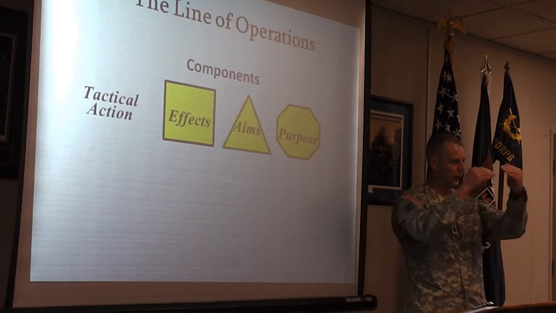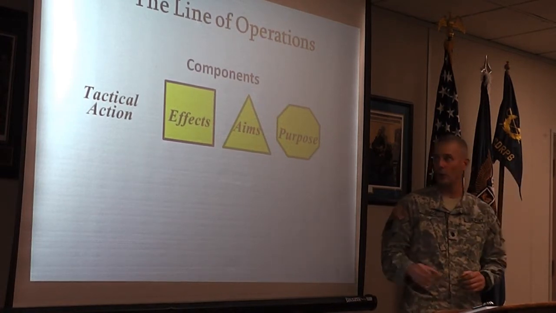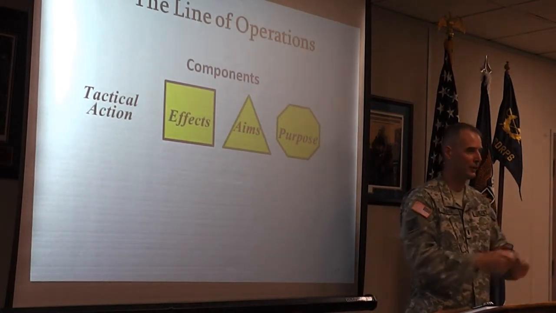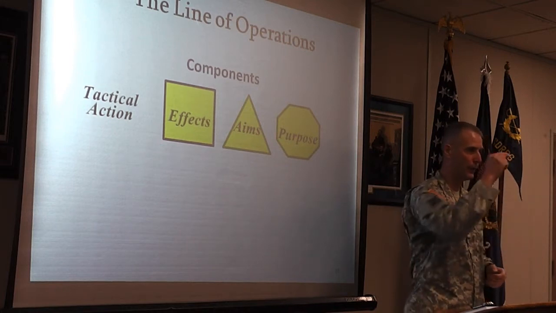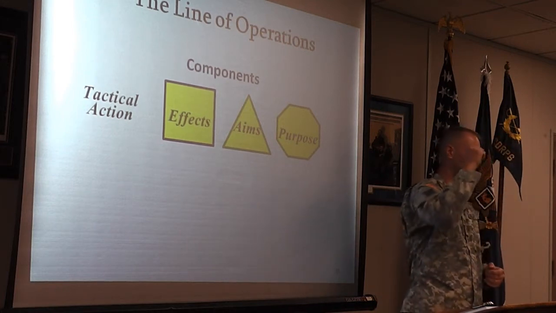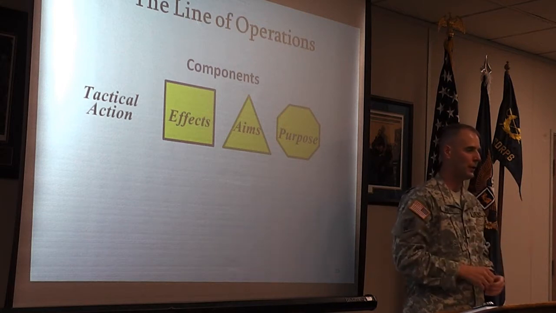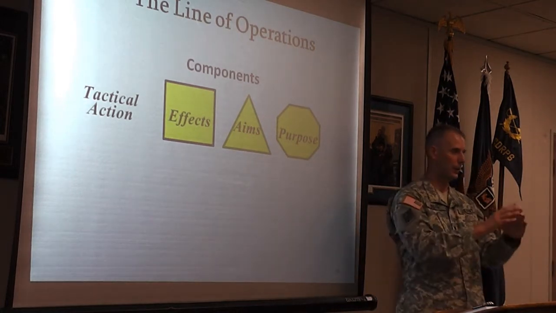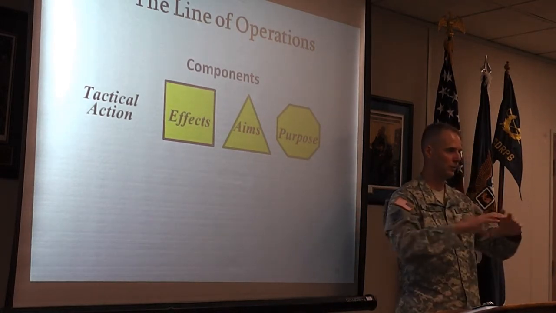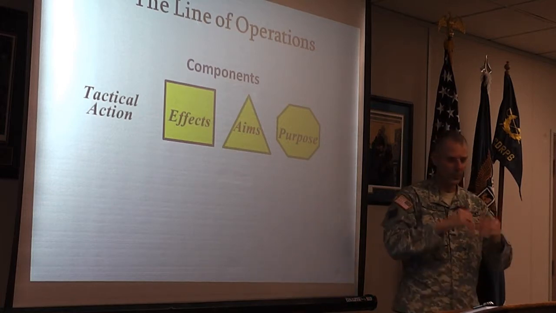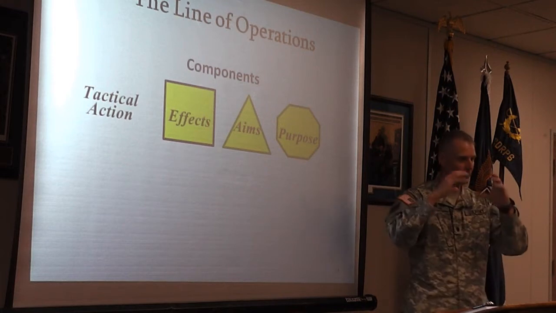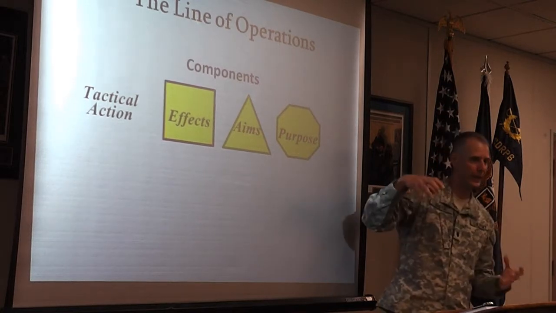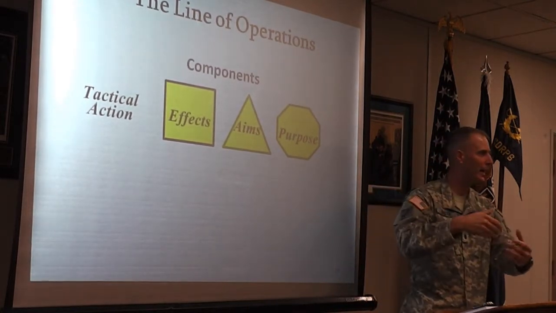Now, the aims are basically the things you need to set up, the variables you need to twist in a certain way to achieve your purpose. Your purpose, as I said at the beginning, is the criteria of success. What are the metrics of this equals a win for me? Everyone's obeying the law, or crime is down to one criminal per 100,000 citizens or whatever in rule of law, or my convening authority has whatever level of success. You got to have your metrics. That's your clear purpose. Given that clear purpose, you then say, all right, what are my aims? What are the variables that I shift that result in that? And then what effects can I have that make those variables reality?